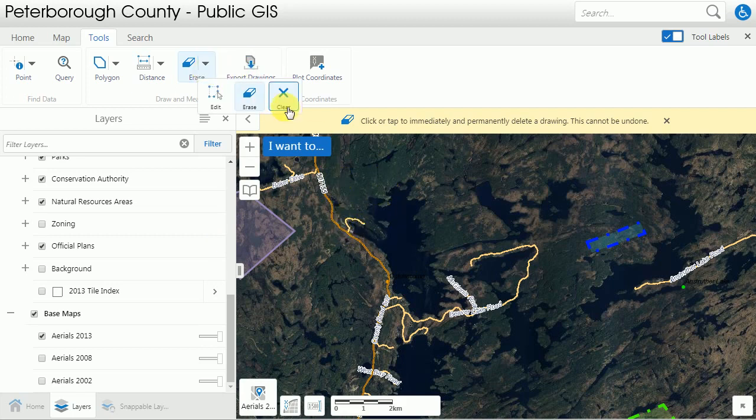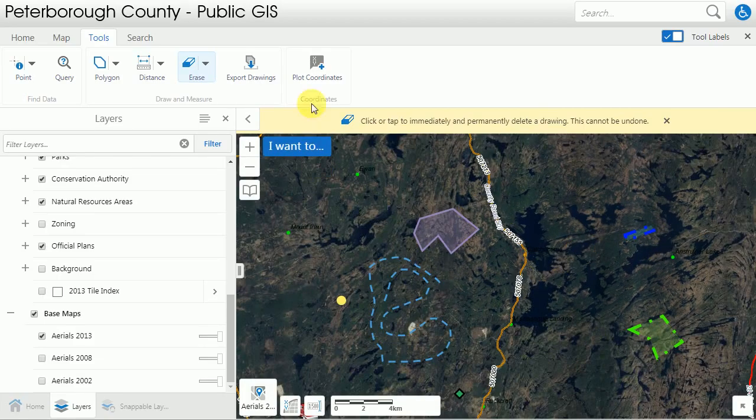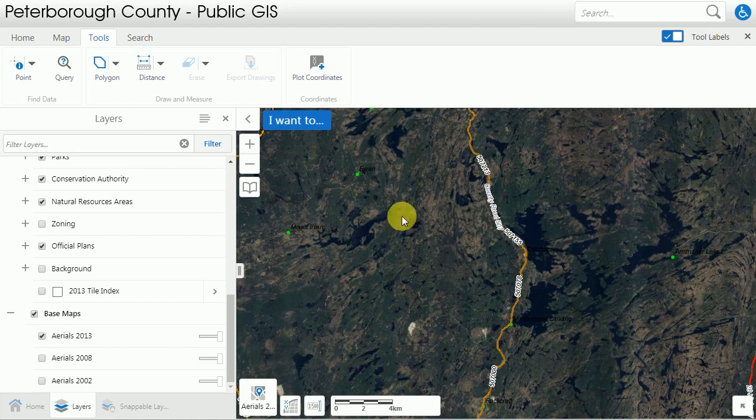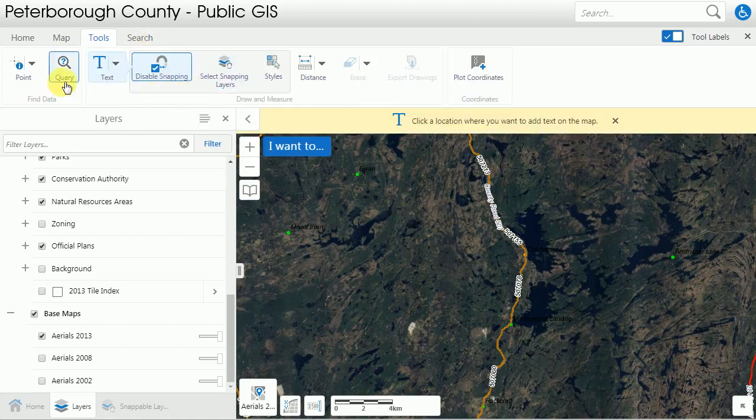If I want to clear the map of all drawings, I can simply hit clear, and everything will, just zoom out a bit more so you can see, everything will disappear. Gives me the warning, do you want to proceed? Yes, and all of my drawings are gone. Then if I want to leave just a little bit of text, I click on my tool, set my style,